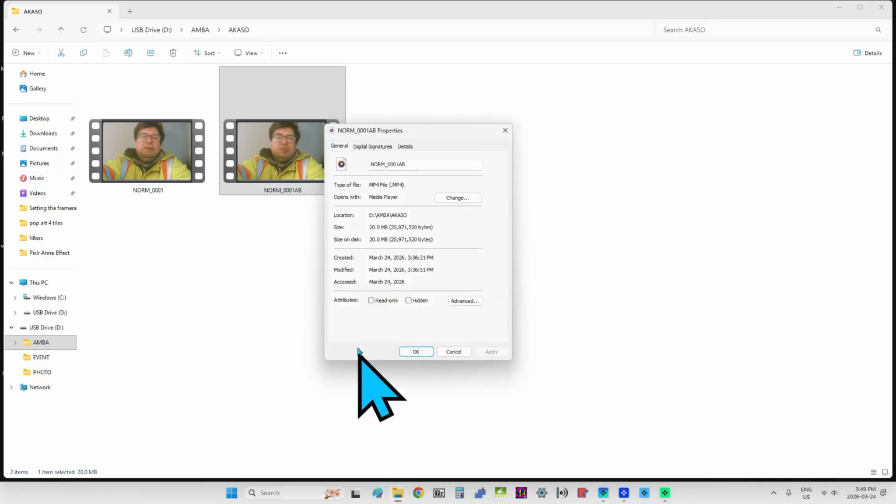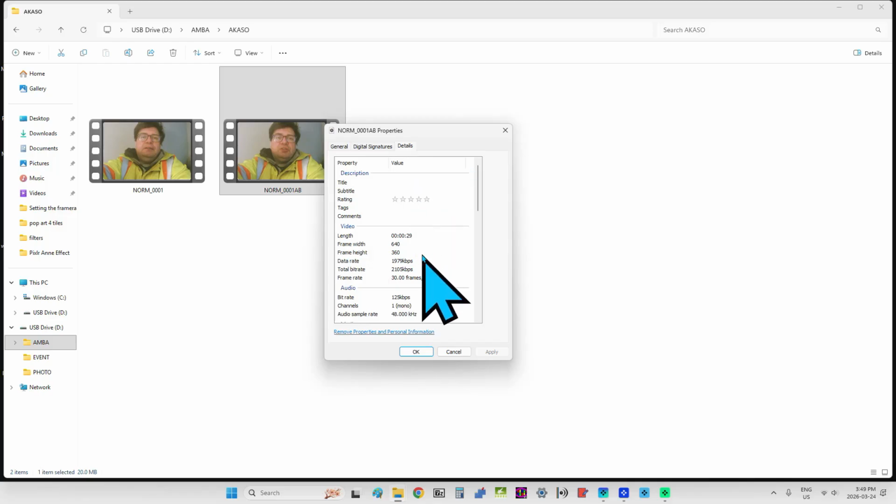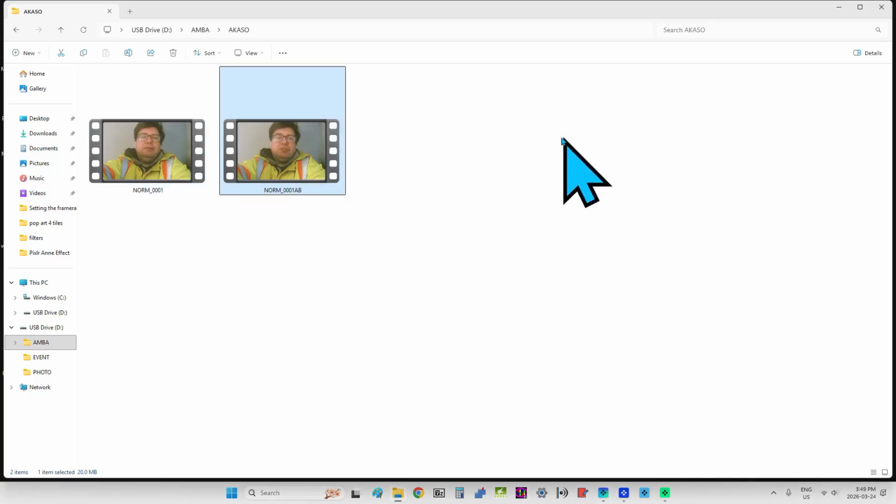I'll click Properties there. Click Details, and you can see 640 by 360 at 30 frames a second. It's the exact same clip as the one on the left, but it's a lower resolution. That's the way the Castle Brave 7 action camera is designed and engineered. It's engineered that a second copy be placed at a lower resolution.